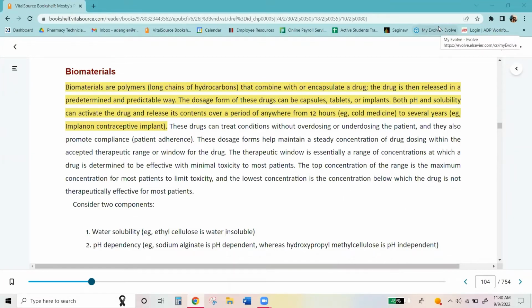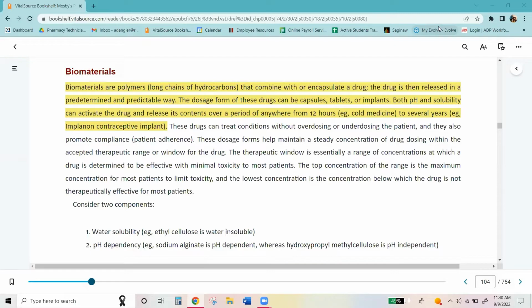Biomaterials are polymers, which are long chains of hydrocarbons that combine with or encapsulate a drug. The drug is then released in a predetermined and predictable way. The dosage form of these drugs can be capsules, tablets, or implants. Both pH and solubility can activate the drug and release its contents over a period of anywhere from 12 hours,